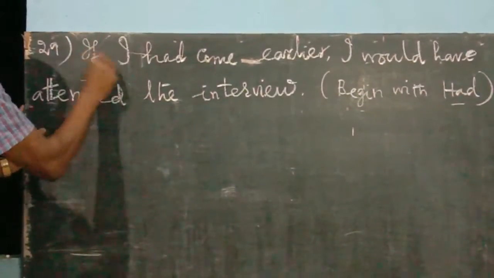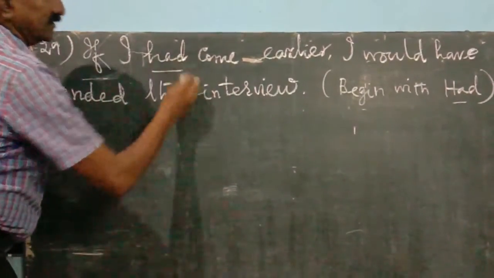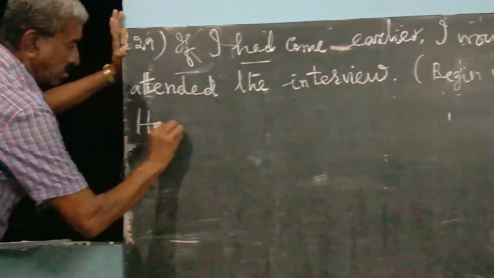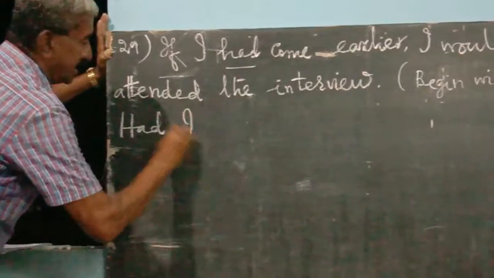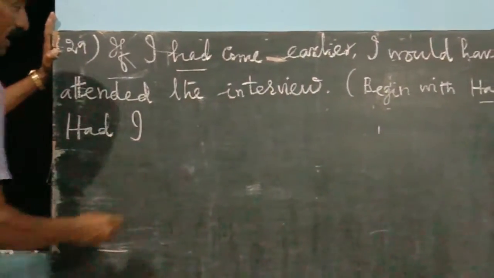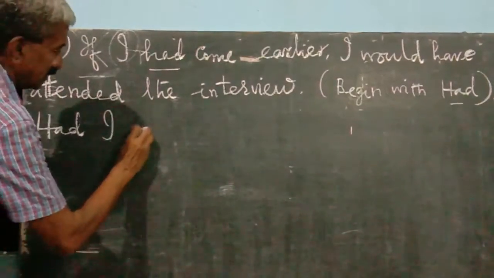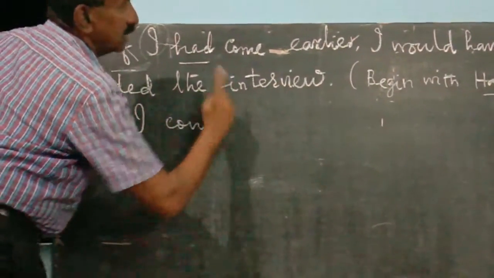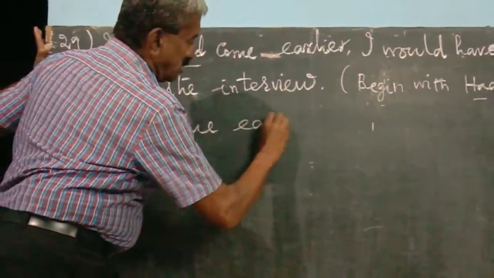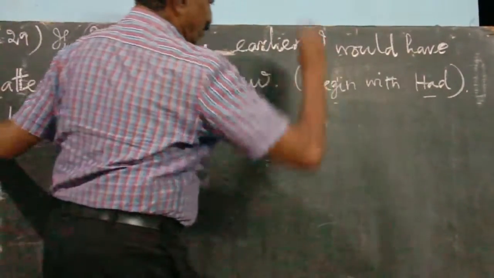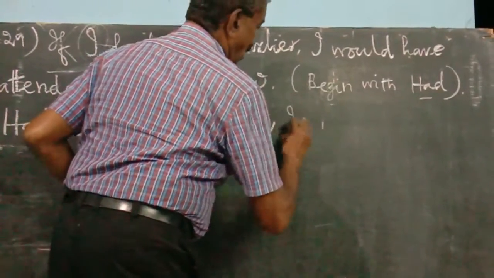Remove if. Start with had. What will come? Had I. Again, the subject has to come here. Had I come earlier, comma, completely you can write, I would